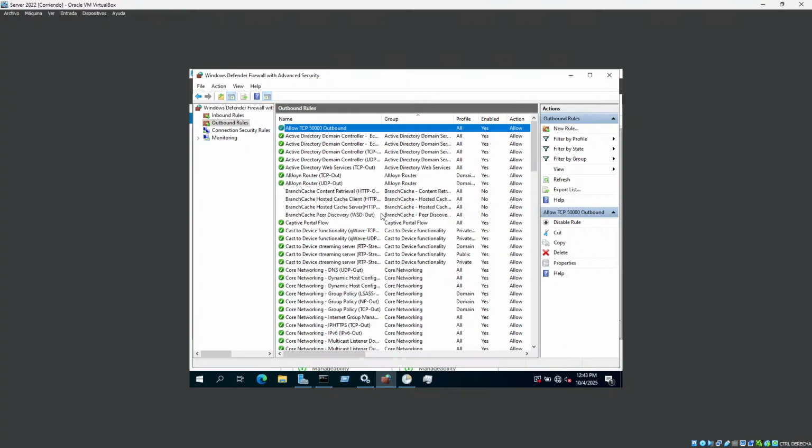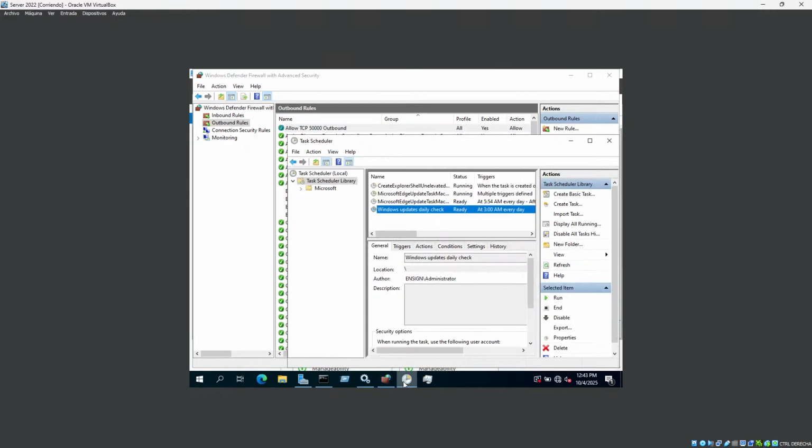And then I had to automate a scheduled task. So I went to the Task Scheduler and I created my daily check task. You can see the author is the administrator, and my aha moment was understanding the power of